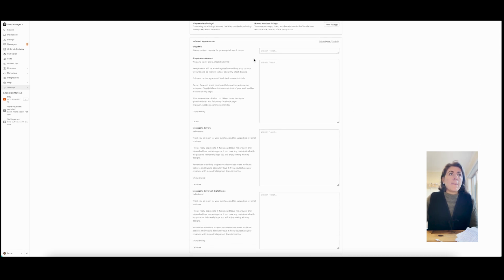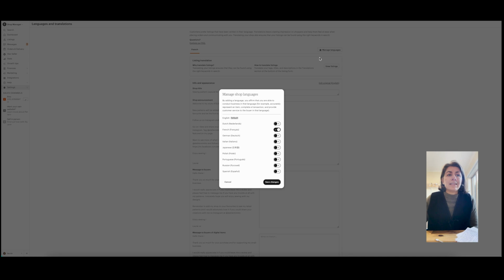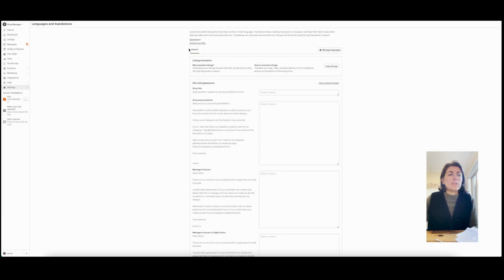But so basically, to set up in another language, you can see mine is set up in French. So you will have this little tab there, which says Manage language, and then you'll just pick your language. That's it. And then you'll see the language that you've selected on the top there. Then you will have this tab there that says Listing translation. So if you click on it, View listings,